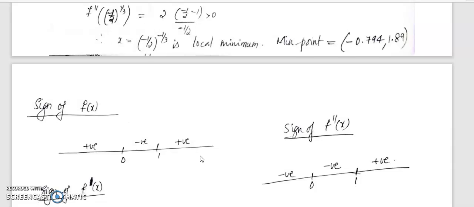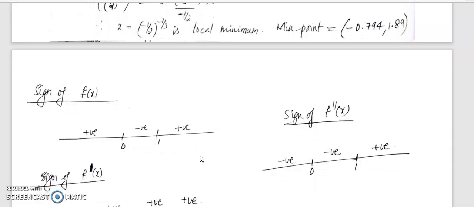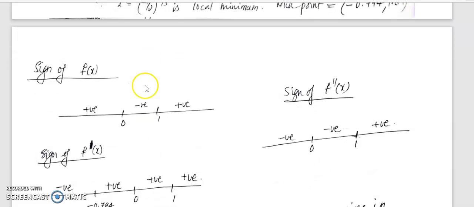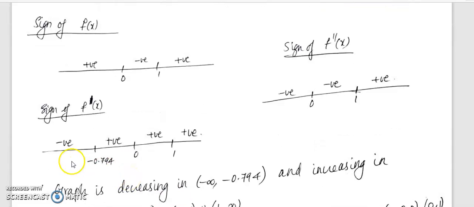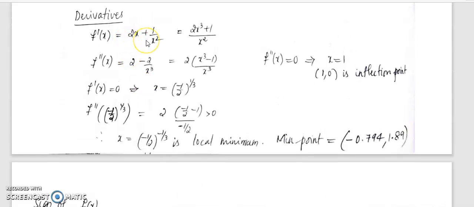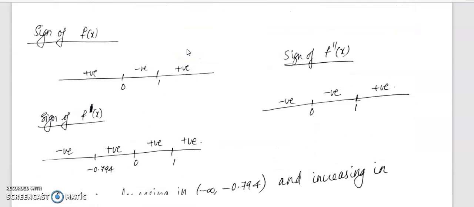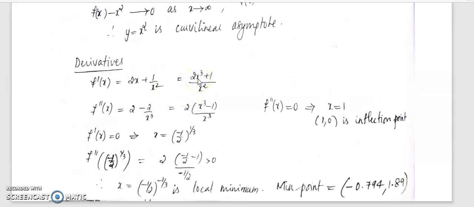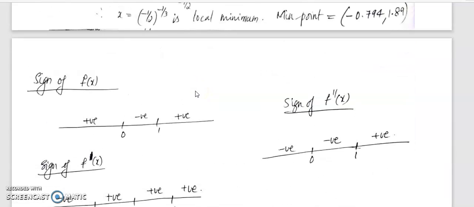And for f double dash, again at 0 it's not defined. Upon 0 varum, then minimum point minus 1 by 2 power minus 1 by 3 and the intercept. അപ്പോൾ ഇത്രയും intervals sign change എങ്ങനെയാണ് നോക്കുക. So f dash is 2x cube plus 1 by x square, and when x is less than minus 1 by 2 whole power 1 by 3, so this term will be bigger than 1. So you will get a negative value,